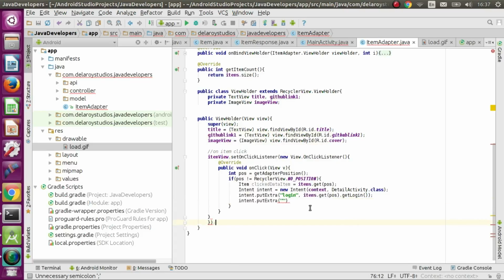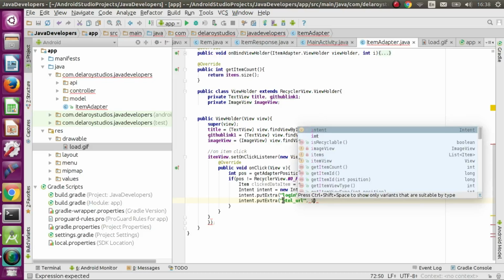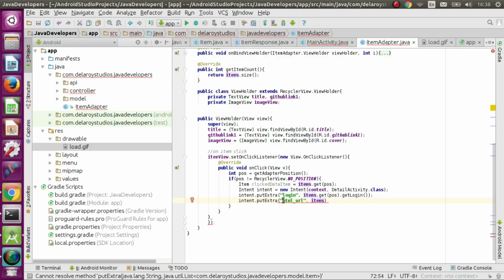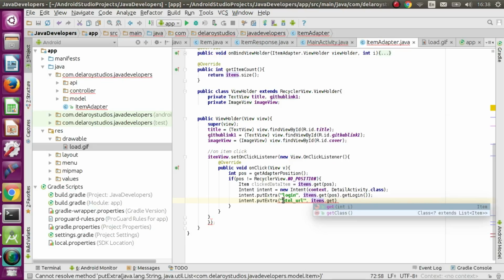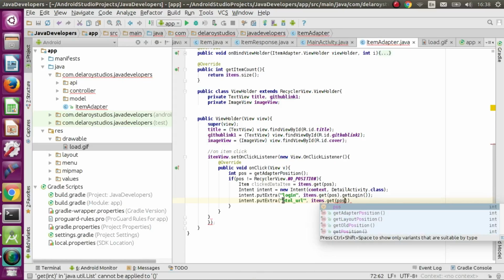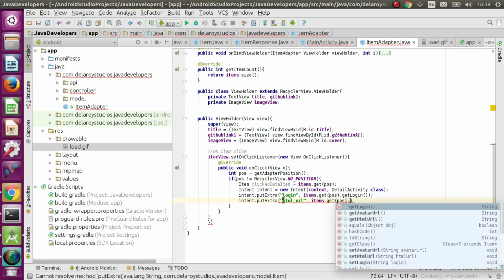See what I'm doing. It should be the HTML URL, this is the key, and now the value will be the get. You need to get the position so that we know the particular ID, attaching the ID and the position,